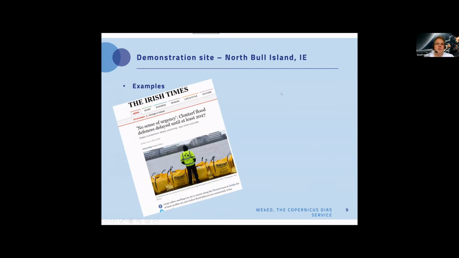And the examples I'm going to talk about later. First one is around sea defenses and the issues that are happening with increased storm frequency and sea level rise, and how we can exploit some of the Copernicus Land Monitoring Service data to help support some of the analysis that will go into where the sea defenses need to be placed.